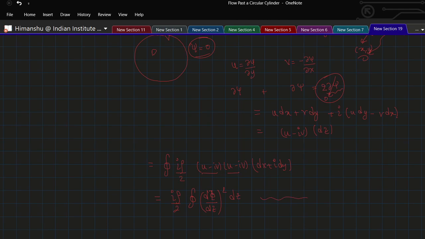This is known as the Blasius force theorem,